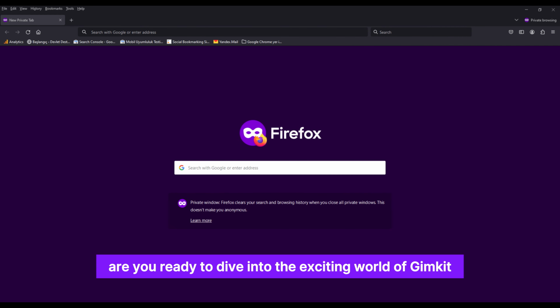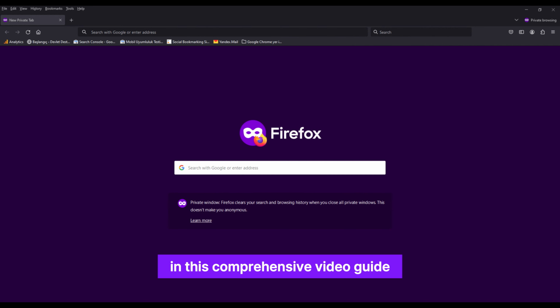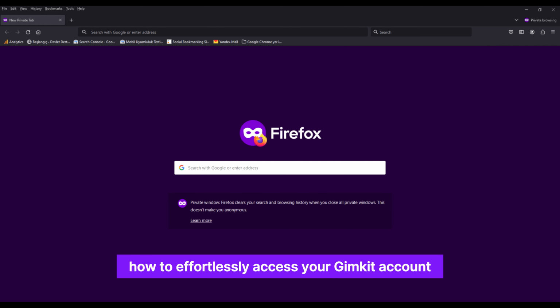Are you ready to dive into the exciting world of Gimkit? In this comprehensive video guide, we'll show you how to effortlessly access your Gimkit account and embark on an engaging